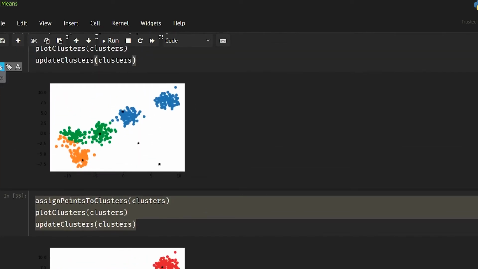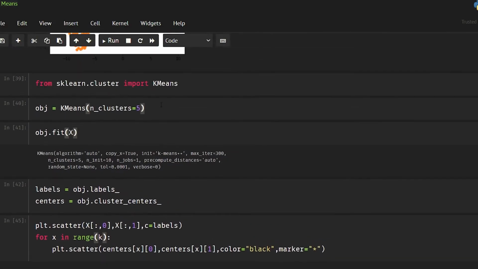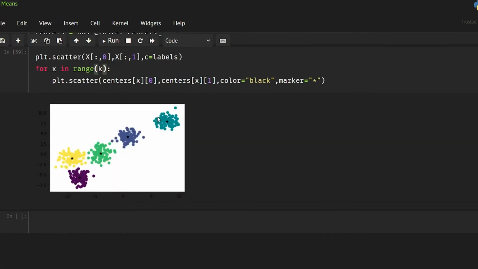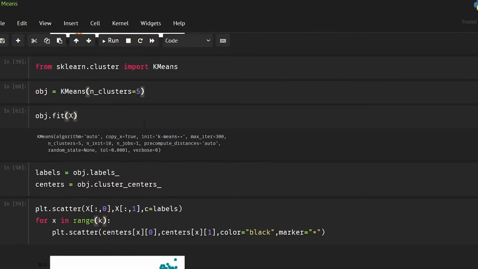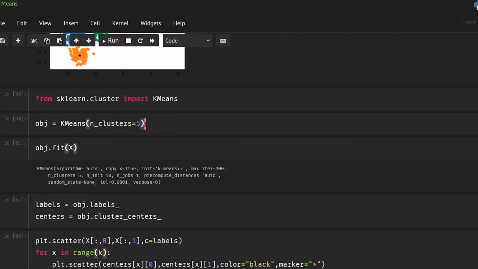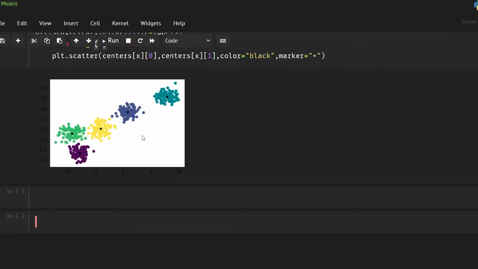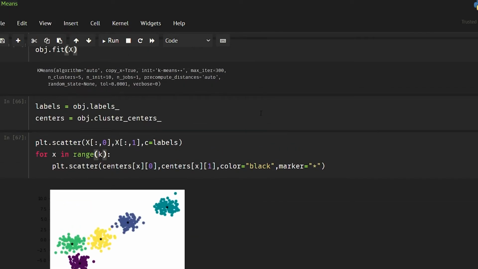We ran this code twice, and what we got is we only have 3 clusters. But using k-means plus plus, it is never going to happen that you have fewer clusters. You can run this again and again, it is always going to give you the same result, and that's why k-means plus plus is recommended over k-means, because k-means used to generate a good result only sometimes.